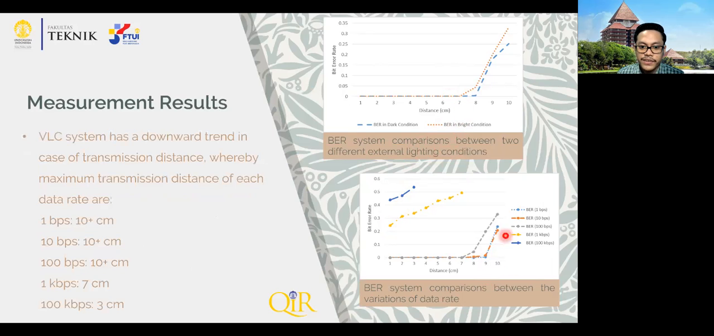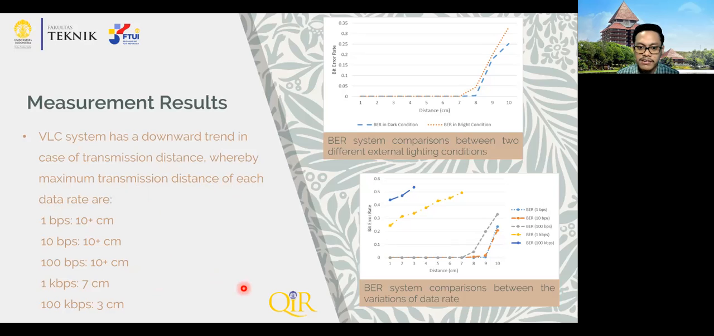Furthermore, the figure at the bottom tells us that the visible light communication system has a downward trend in terms of transmission distance, whereby the maximum transmission distance of each data rate are like this, and